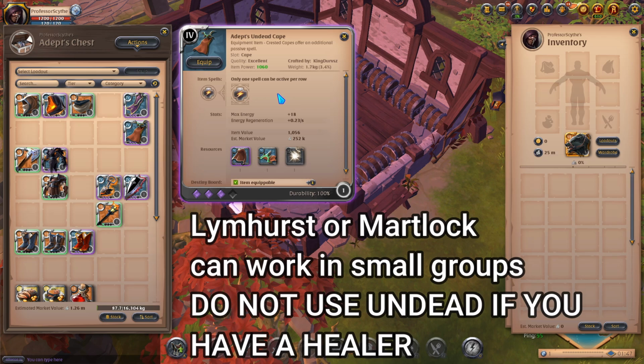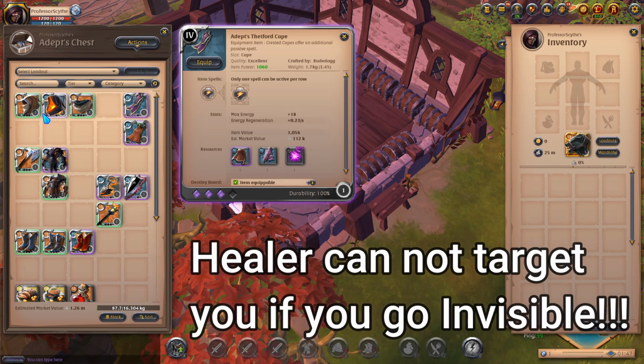But if you do time the Undead Cape right, you can get out of a lot of situations and it can save you. It is a lot more of a pricey option, so if you are more on budget, I would go Thur-Fri Cape. And then again, this is a 6.1, so the build that I have right here is